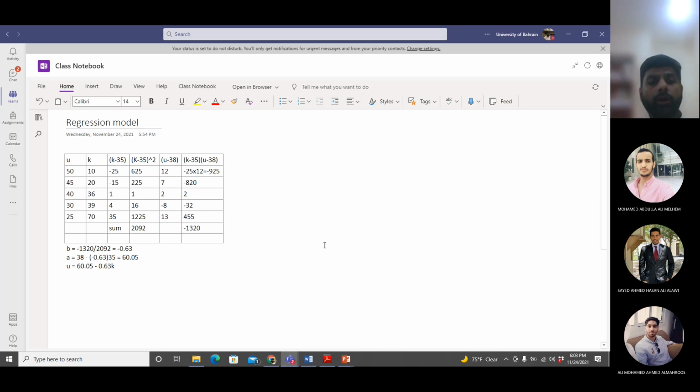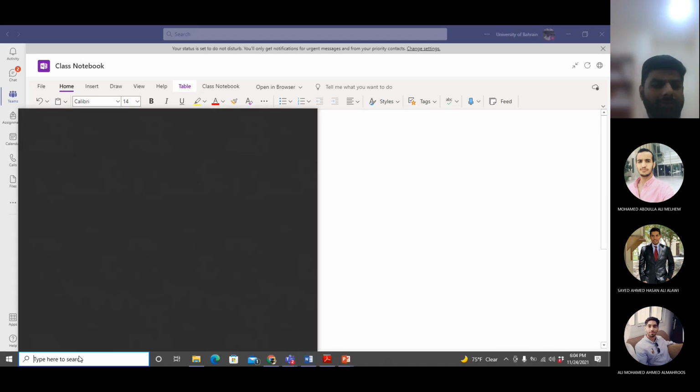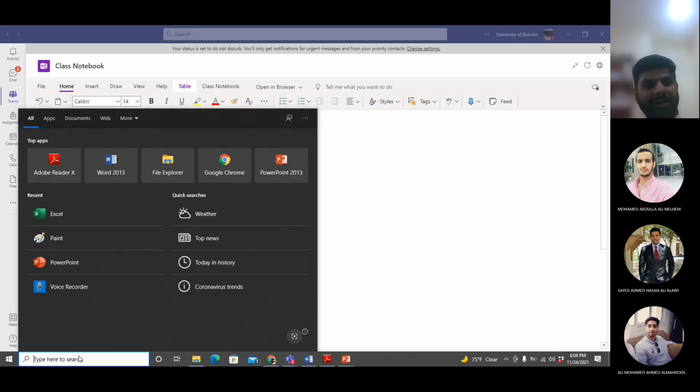Some of you may already know it, but for the sake of the class, I will also tell you how you can do this using Excel. Later on we will see some advanced software as well, inshallah. Not softwares, one software. I don't know many, but I will show you using Excel. Later on, I will show you using another software as well.